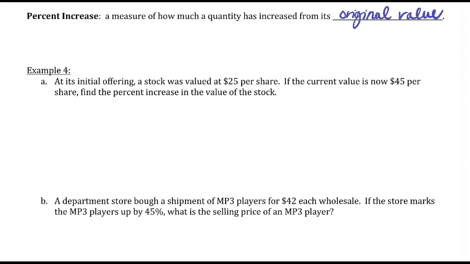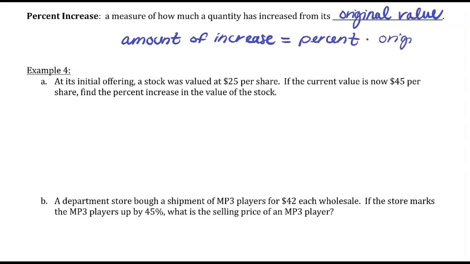The equation that we use when we're solving problems involving percent increase is this. Amount of increase is equal to the percent of increase times the original value. Let's take a look at example 4a. At its initial offering, a stock was valued at $25 per share. That's our original value. If the current value is now $45 per share, find the percent increase in the value